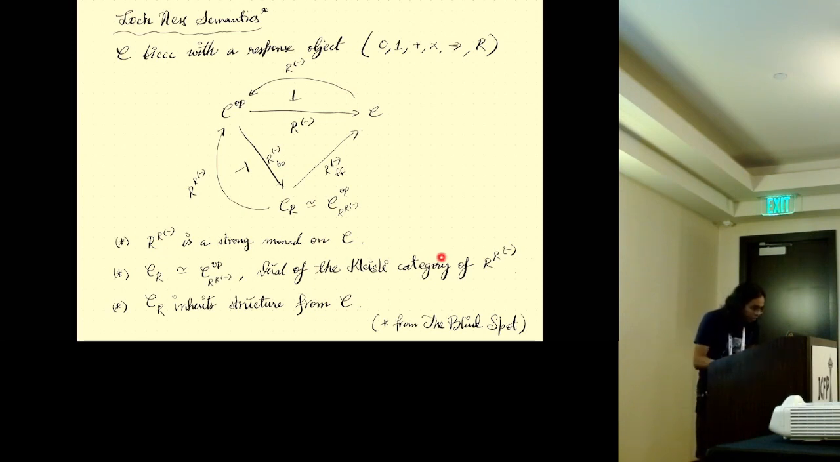But let me just point out what the fundamental facts are. R to the blank is your double negation monad on C, and it's strong. And CR is the category of continuations, which is dual to the Kleisli category of this continuation monad. And this category of continuations being fully faithful with C, it inherits a lot of structure from C. And so this is all in the abstract, and I want to just mention why the name Loch Ness semantics,